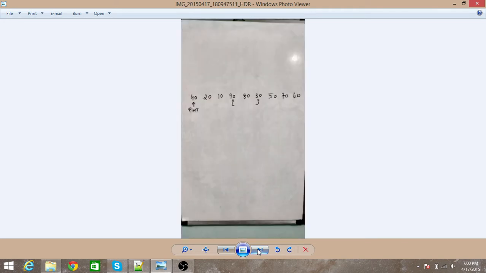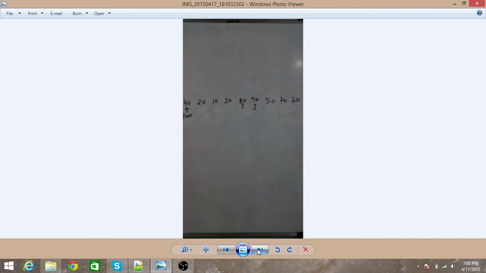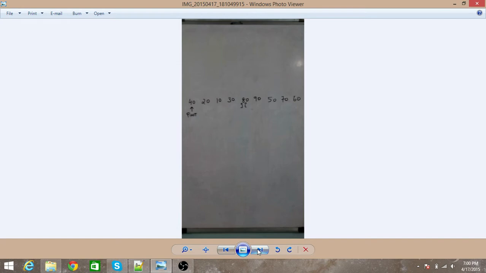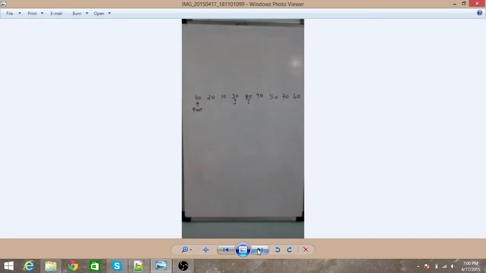So in this case we will swap the value of 90 and 30. So we have swapped the value. Now we will again increment the value of I until we find an element which is greater than 40. The next element is 80, which is greater than 40, so we will stop here. Now we will again decrement the position of j until we find an element which is less than pivot. 80 is not less than 40, so again we will decrement j. Now 30 is less than 40, but I and j have crossed each other.